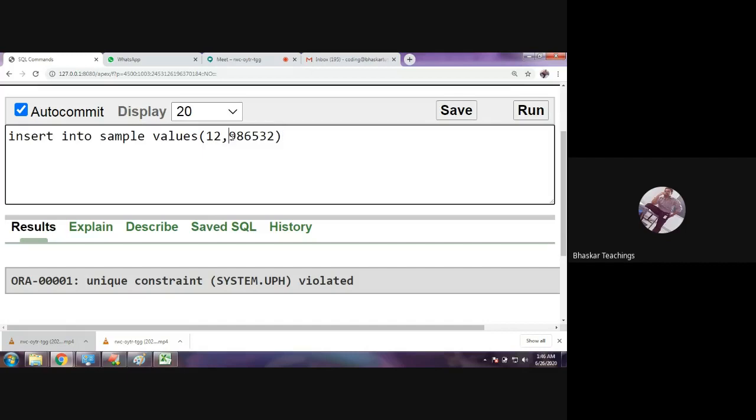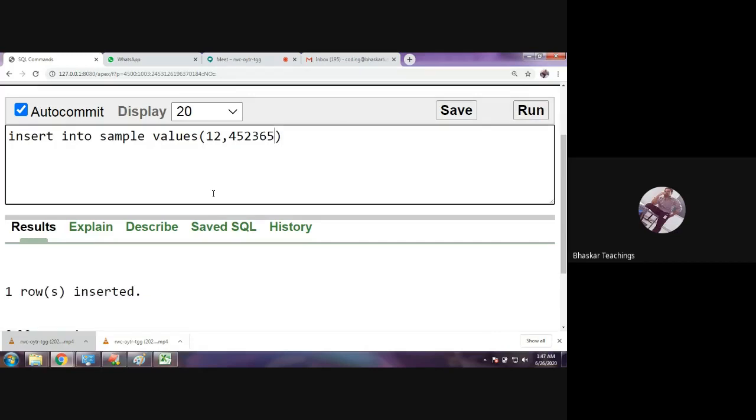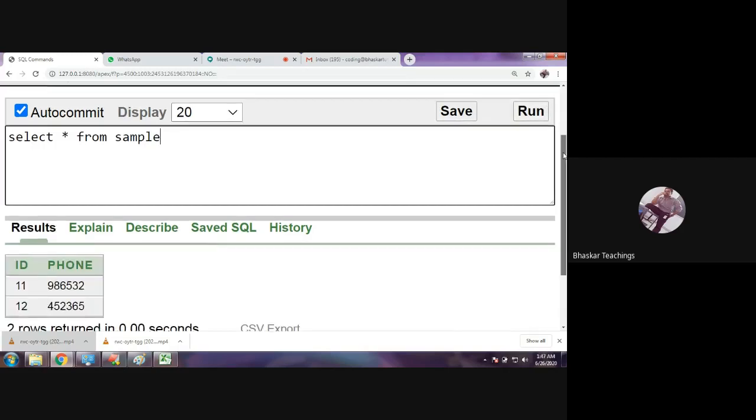Let me try to add one more phone number. Row inserted. Let me show you the data. Select star from sample. We have added two rows.